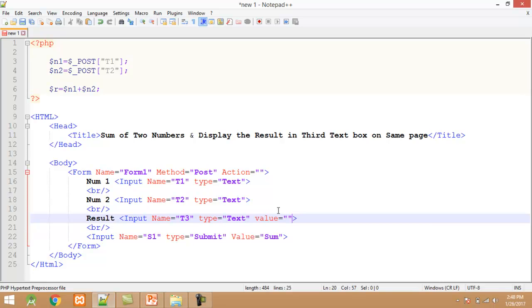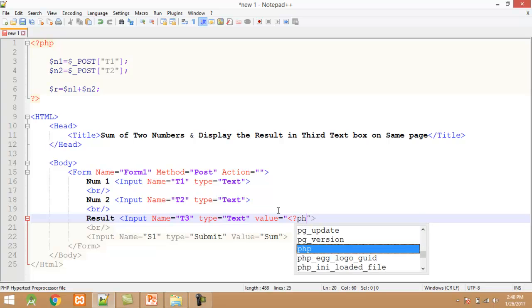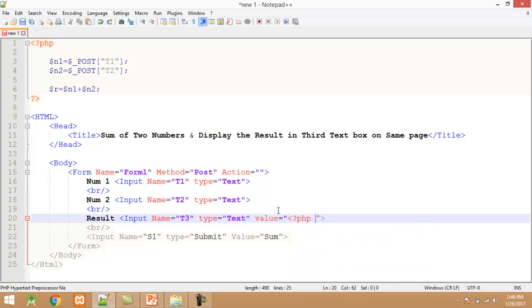Therefore, we must write the PHP tag here, PHP. After this, we use the echo function, echo, and variable name $r. Every statement must be terminated by semicolon, and after this we must close the PHP tag.